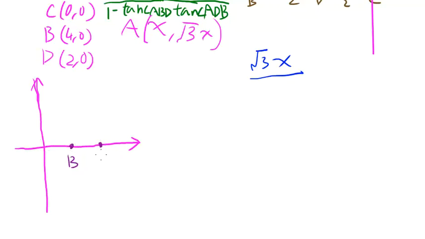B, this is D, C, and A is on this line. A is somewhere on this line. 2, 4, 0. Now, based on SOHCAHTOA,